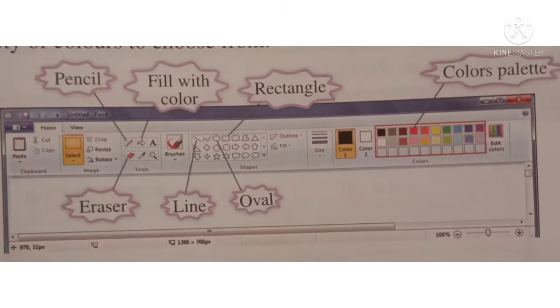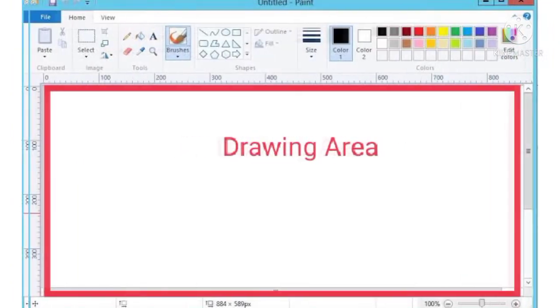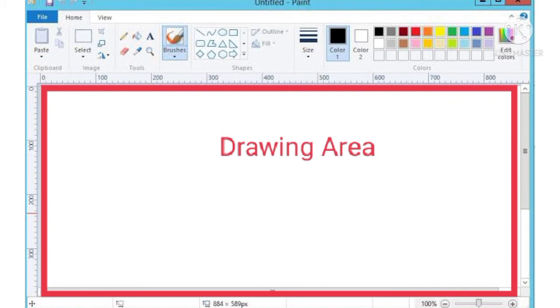It even contains a variety of colors to choose from. Drawing area. You draw in the drawing area of the Paint window. You can use the drawing and coloring tools to do so.